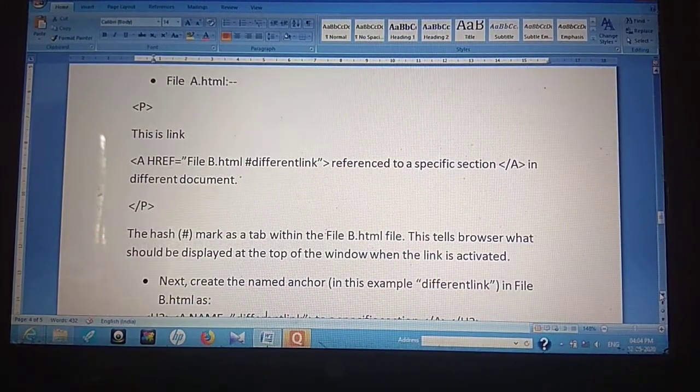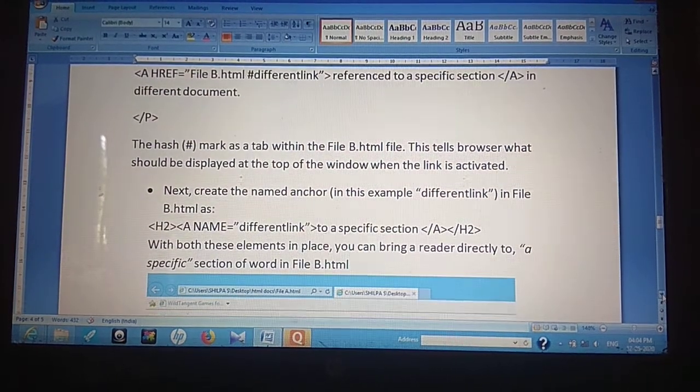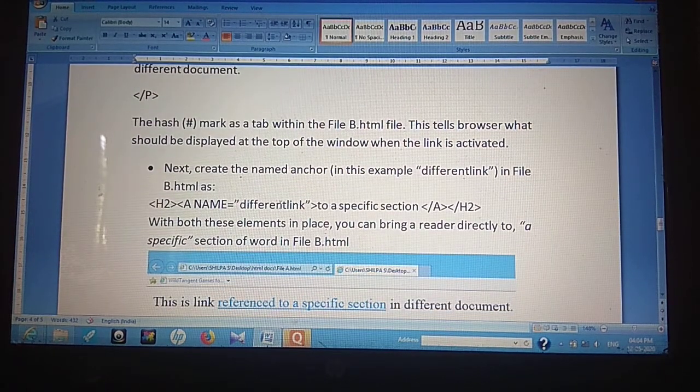If you see how I have given this A href, file B is the name, and hash different link. So the hash has been used over here, and this is the name that I am assigning, and to that particular name I'll go to this new part which is given over here. I am going to jump only to that paragraph.